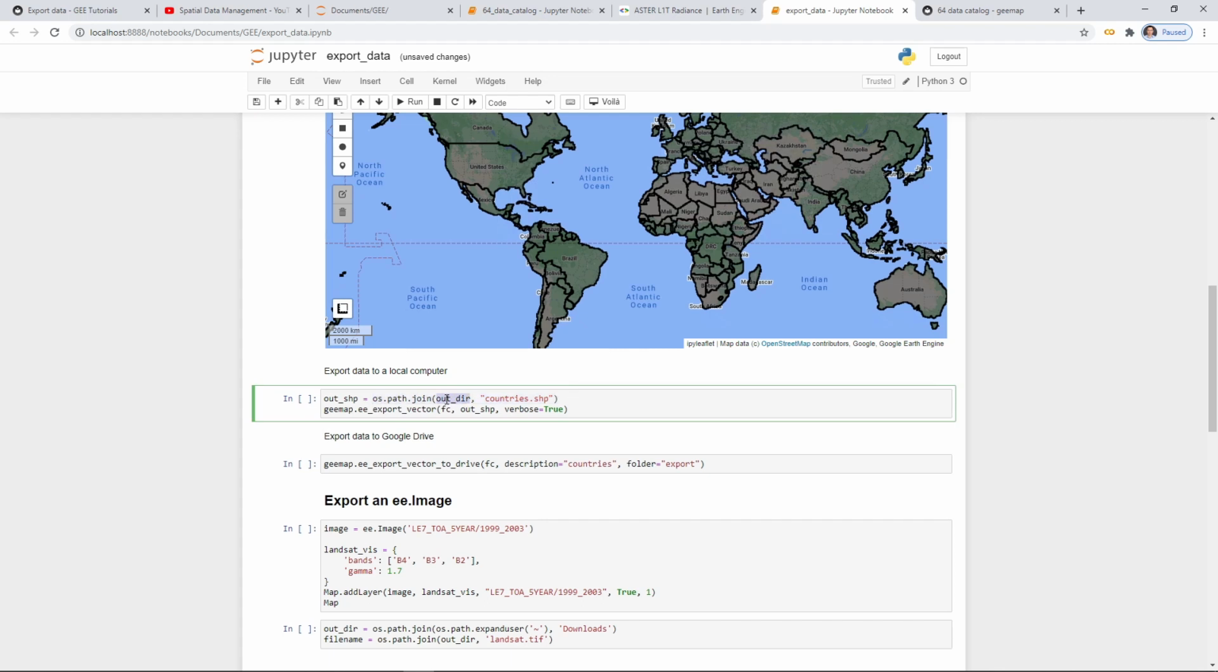We already know that we're going to download this one to our output directory, but you also need to choose a name. So the name, we are going to download this one as a shapefile. You can also use GeoJSON if you want, right? So this will be the full file path. And then you can just call the function